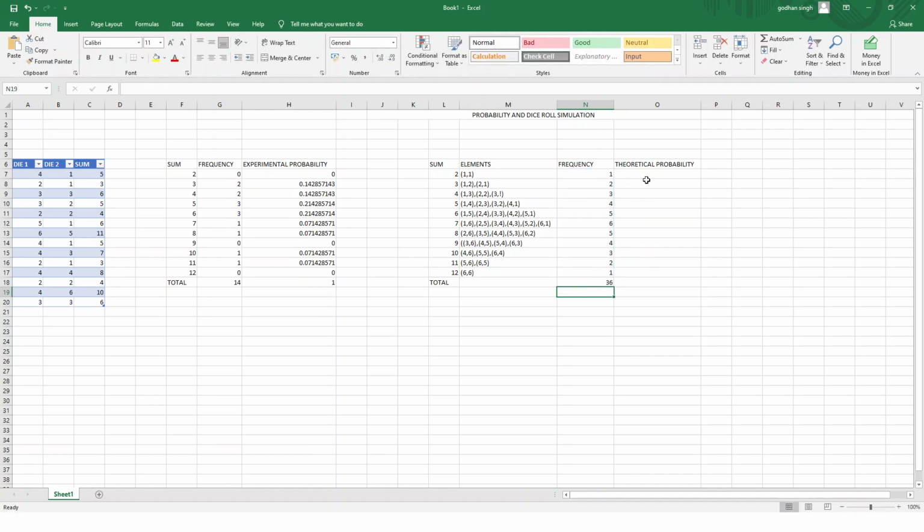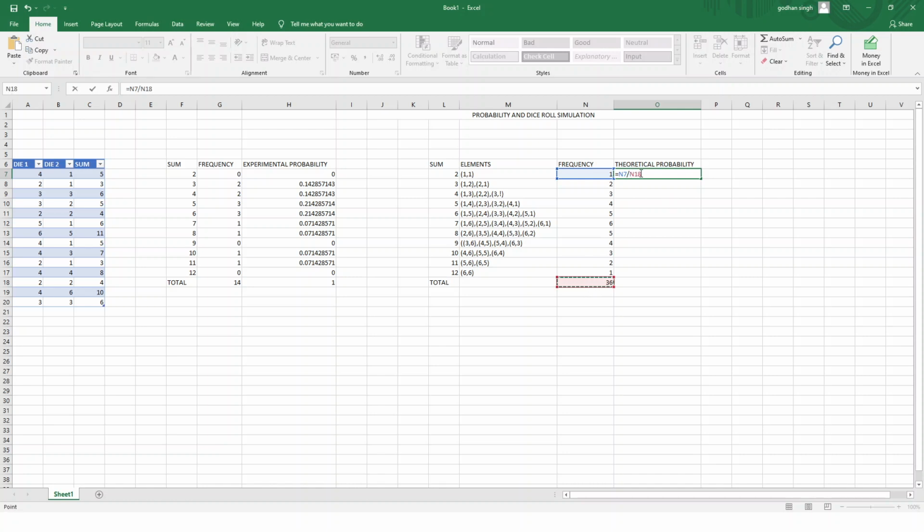That is correct. Now we'll find the probability of each of the events. So equal to, what we'll do is same as we have done here. We know how to find the probability of any event. That is the number of favorable elements divided by the total number of elements. So n by N. So equal to, just click on n1, divide by, now 36, that is N18.